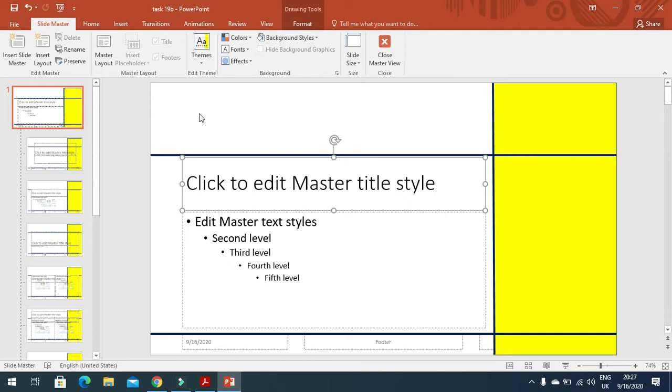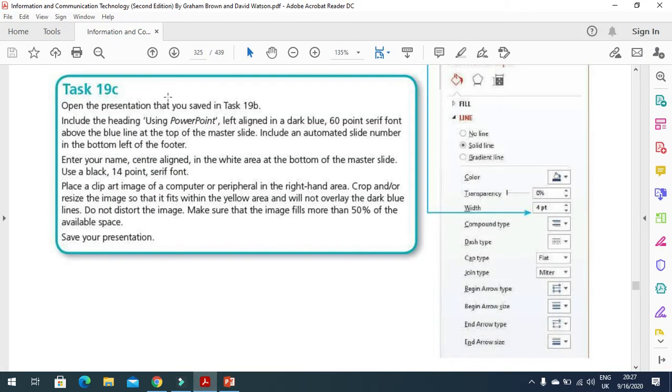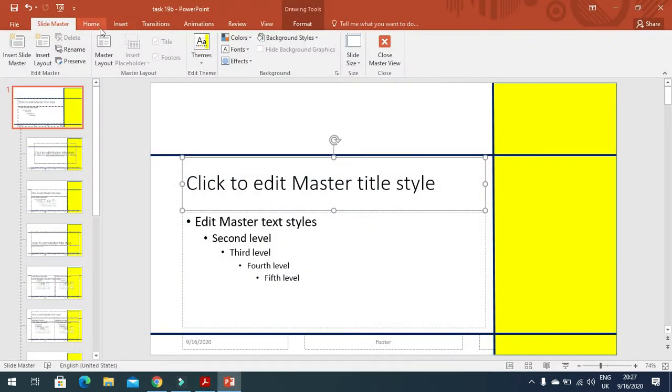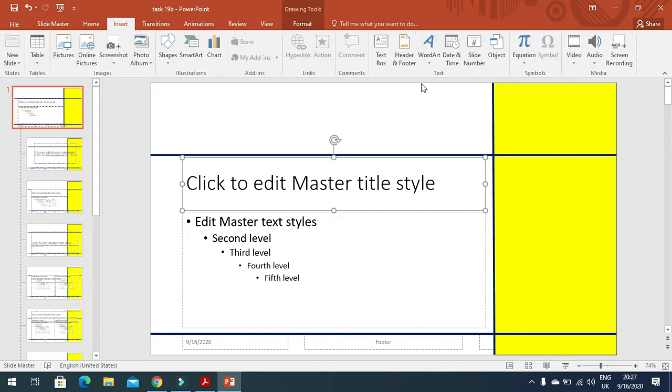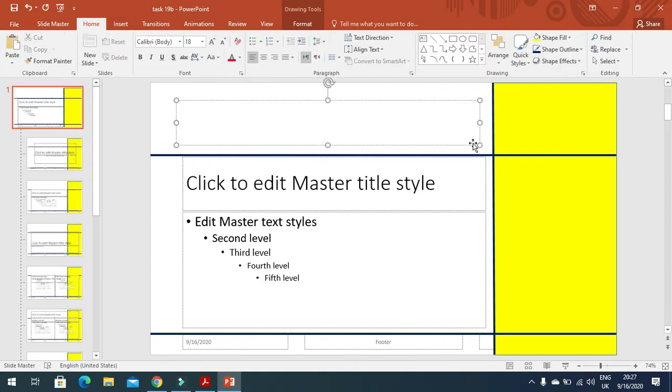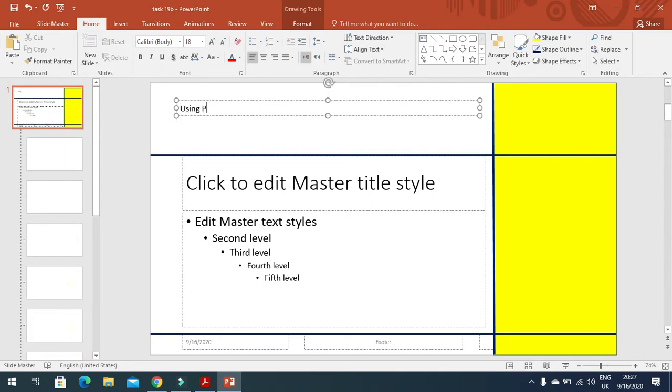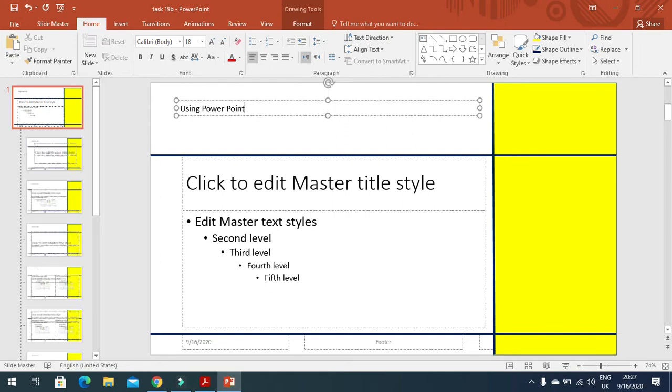And now I'm going to include here a heading that will be using PowerPoint in a 60-point font size. So we'll click here on home, and then we have the insert option as well, and then we will choose from here a text box. So I'm going to draw a text box here, and we'll type here using PowerPoint, just like that. Now I'm going to click on the font here, and then I'm going to increase the font